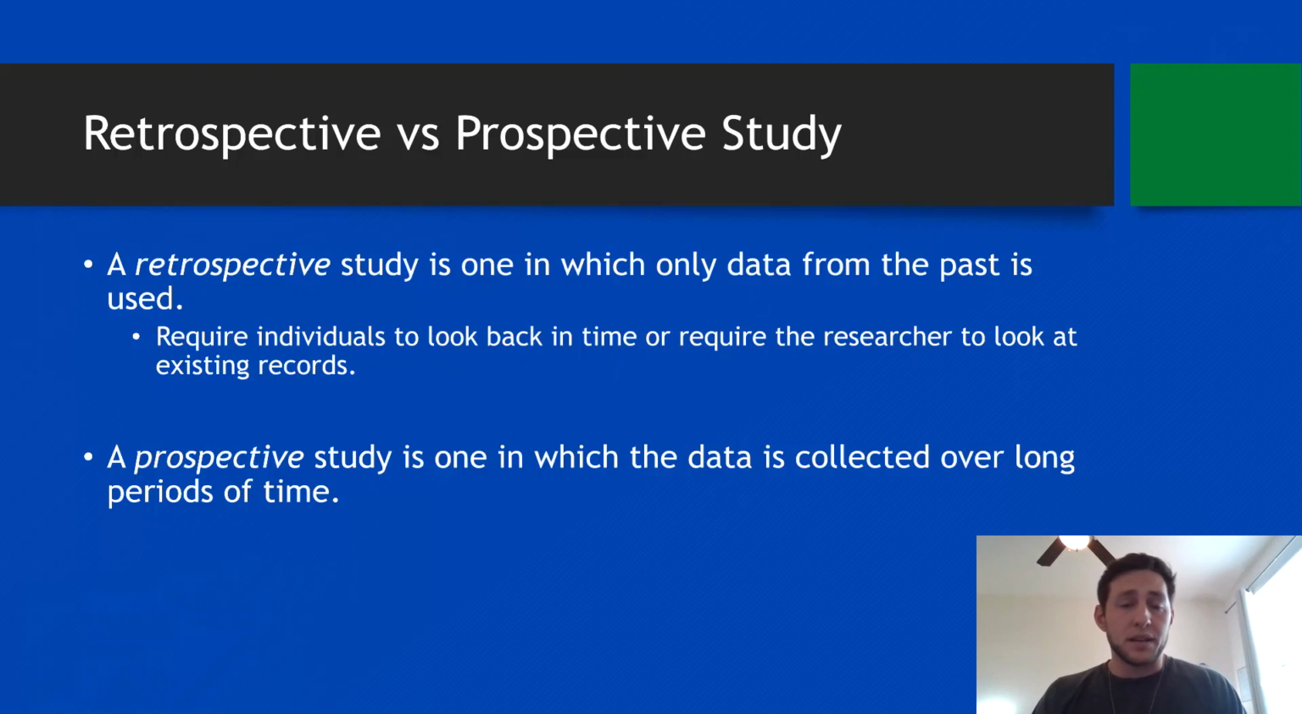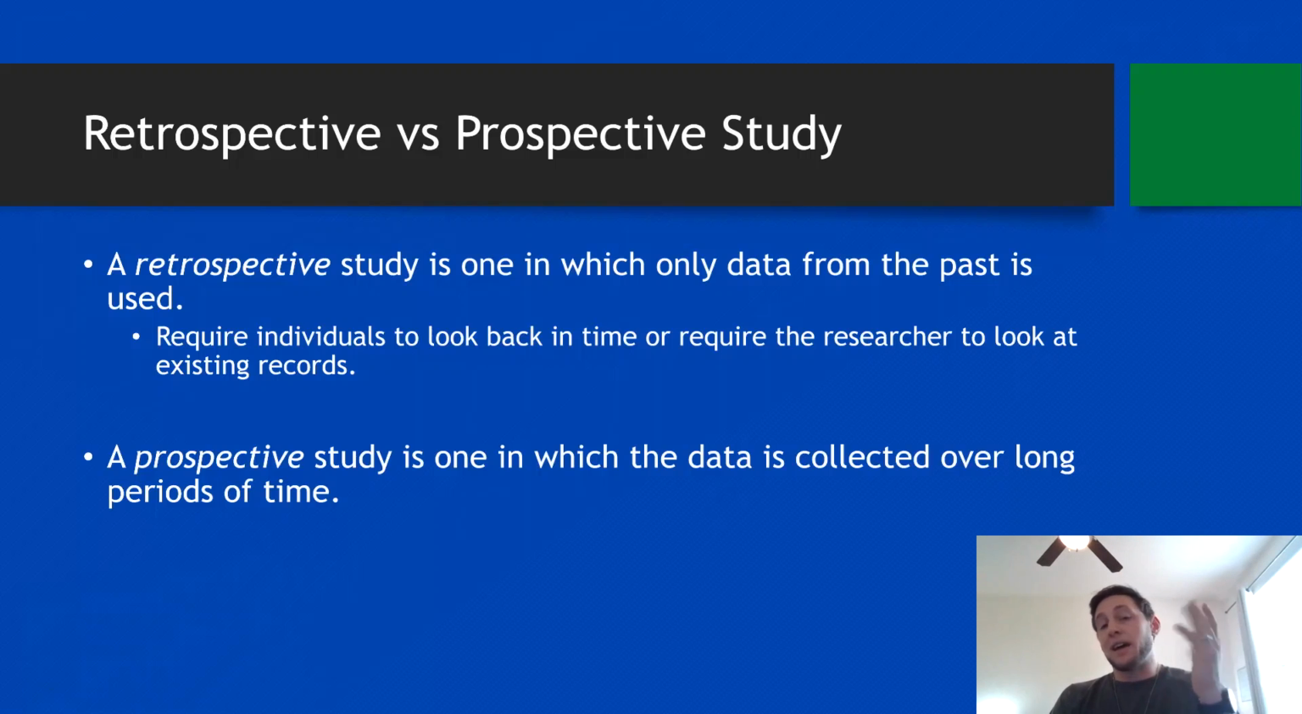A prospective study, on the other hand, is one in which the data is collected over long periods of time. So maybe you want to study what types of education is best, whether it be, say, hands-on learning. Maybe you compare homeschooling and non-homeschooling, for instance. Well, what you would do if you wanted to figure out if a type of education is good, maybe, is